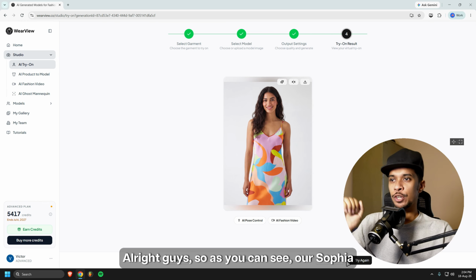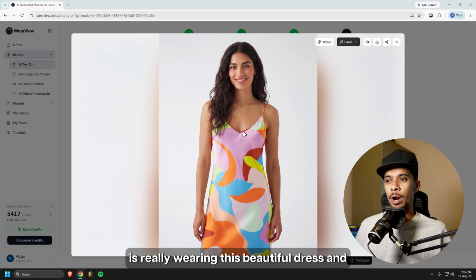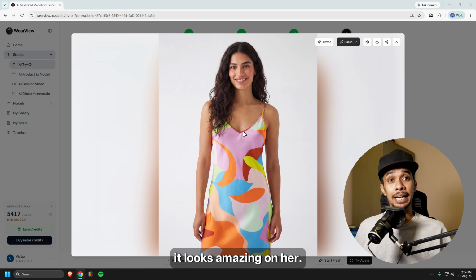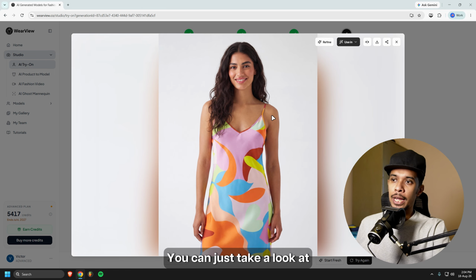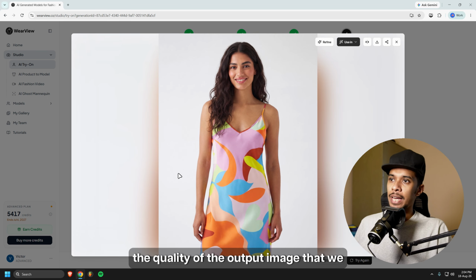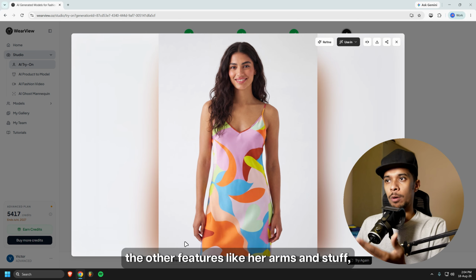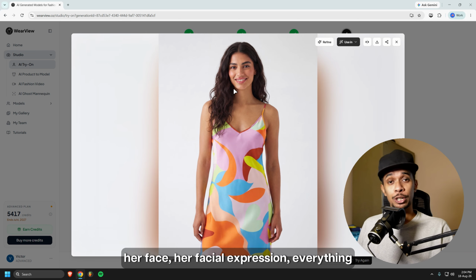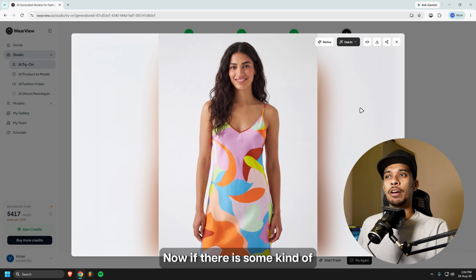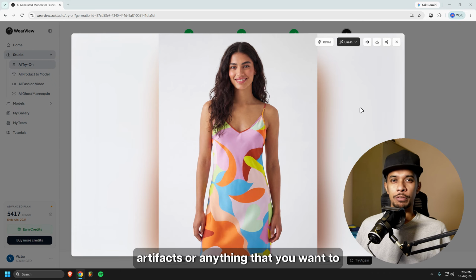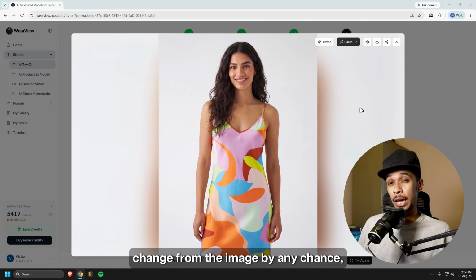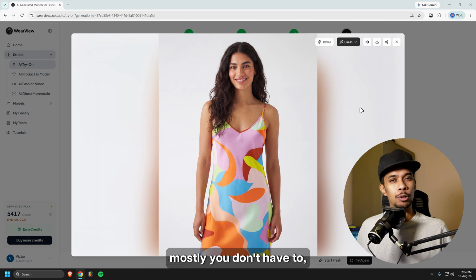Alright guys, so as you can see, our Sophia is ready wearing this beautiful dress and it looks amazing on her. You can just take a look at the quality of the output image that we have, the hair as well as her dress and all the other features like her arms, her face, her facial expression, everything is just so good. Now if there are some artifacts or anything that you want to change from the image, by any chance, mostly you don't have to,